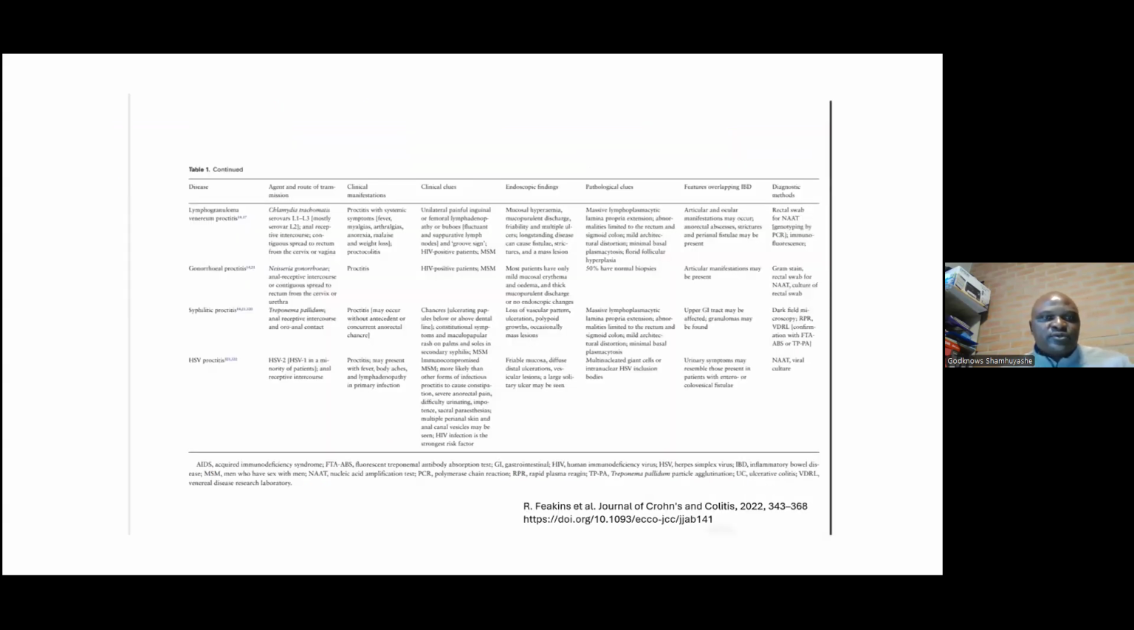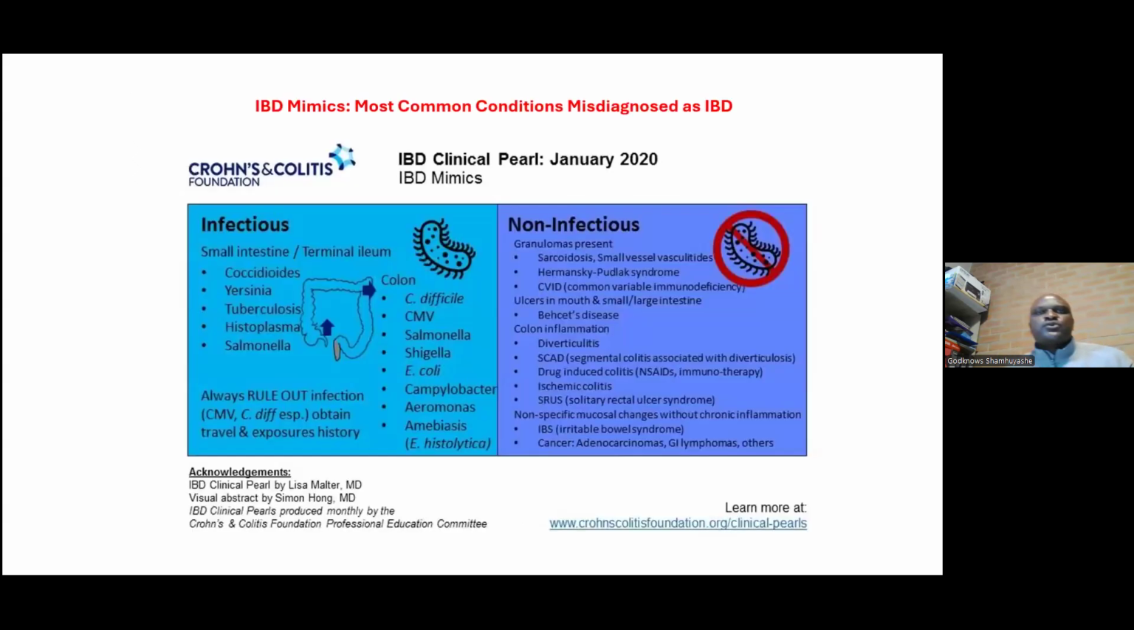This slide also shows some of the sexually transmitted diseases which can mimic IBDs. We have lymphogranuloma venereum, proctitis, the same as gonorrhea and syphilis, and you have herpes simplex virus. They can have severe proctitis mimicking IBD. So you should have a high index of suspicion for them. So the most common conditions are the ones which I have